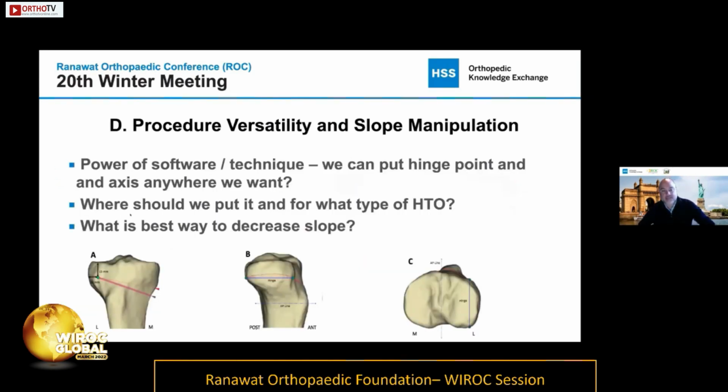So the last level of this future of osteotomy, to me, is the sagittal plane. And we've all done, I would say, bad osteotomies where we've iatrogenically increased slope or decreased slope. And now we're really focusing on slope. So I've done a lot of work here, and some research, to see what's the best way that I can